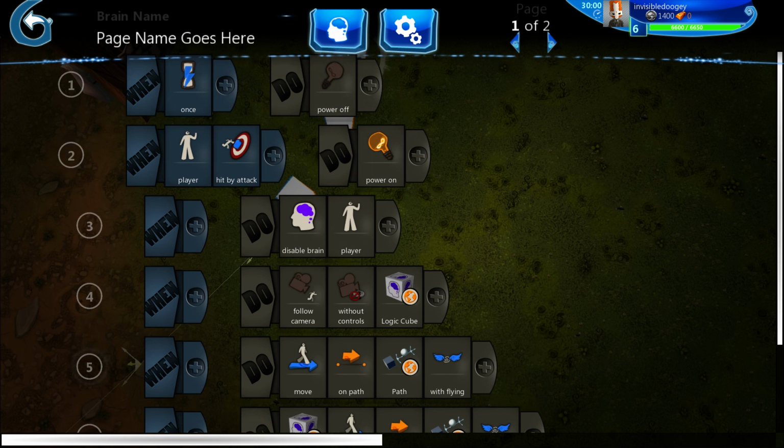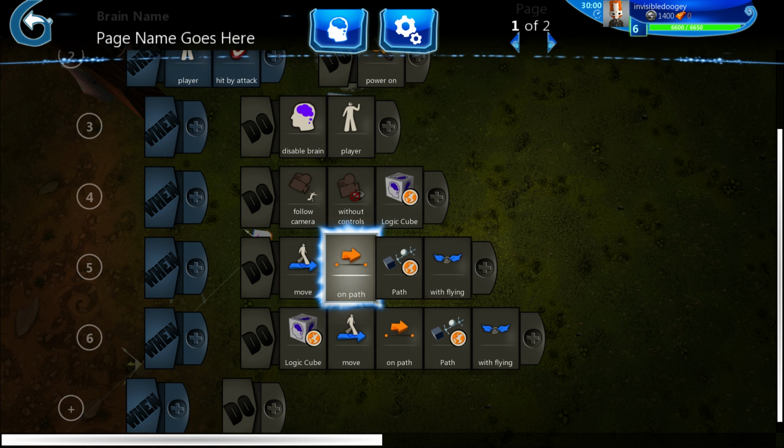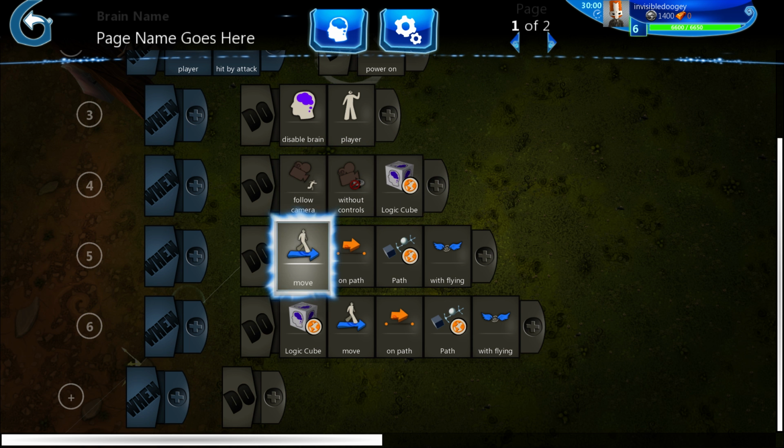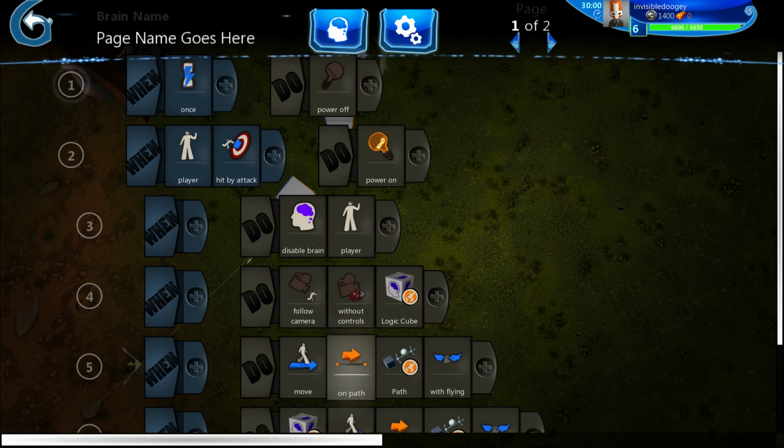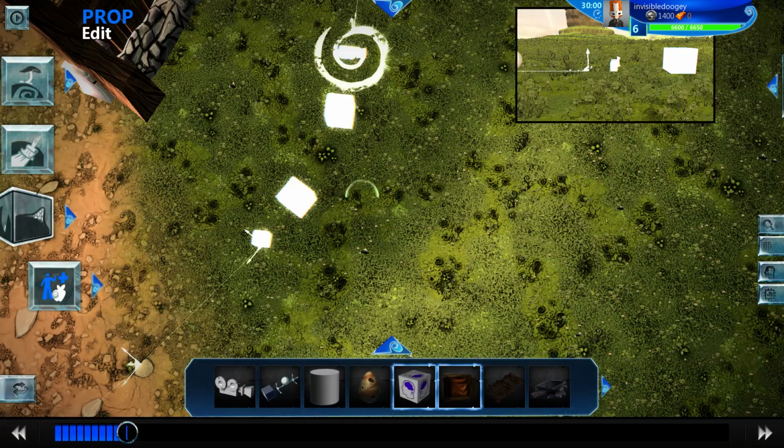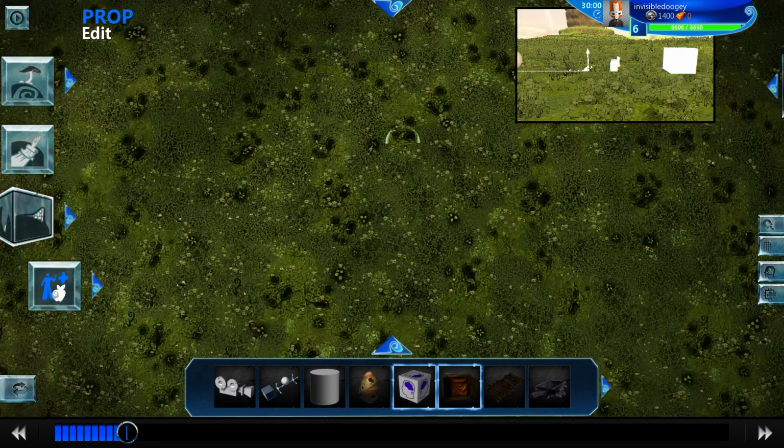You can do a lot more stuff with this path, but at least we have the path set up to look at the logic cube that controls, and this moves along a path, and then that logic cube moves along a path as well. And just to show you what that would look like,